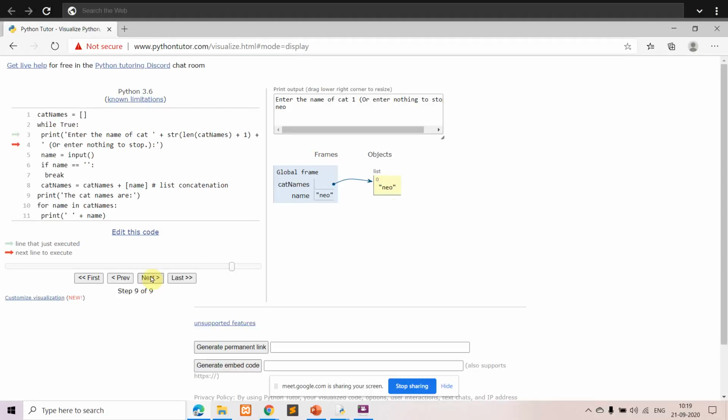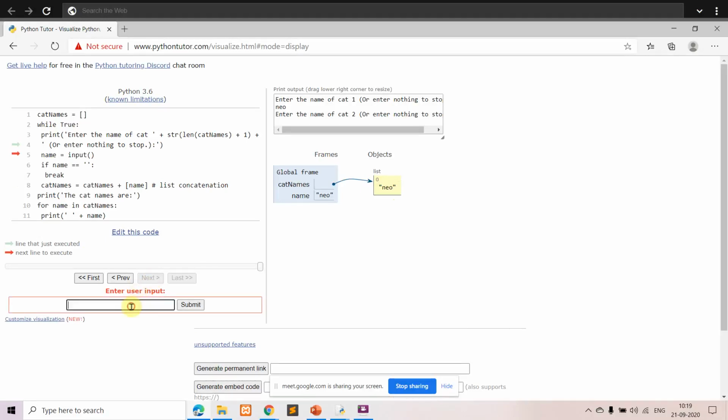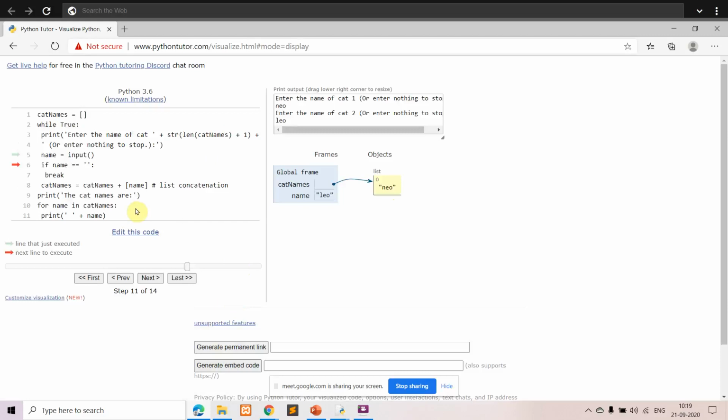So again it will be asking you to enter a name. So the next name what you have entered, here you can see the next name what you have entered, it is here in this variable name. Okay, then you see what happens. So what happens, you are concatenating.